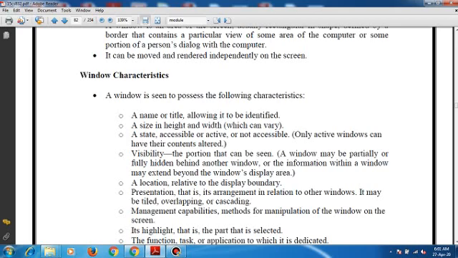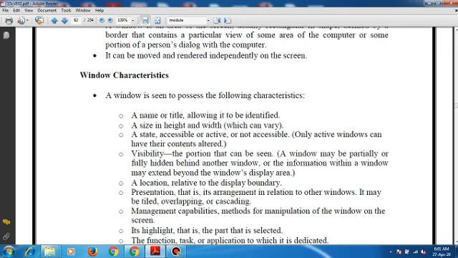A location, that is a display boundary. The presentation, an arrangement in relation to the other windows. It may be tiled or overlapping, or it may be cascaded. The management functionalities or capabilities are methods that are used for manipulation of the window on the screen.